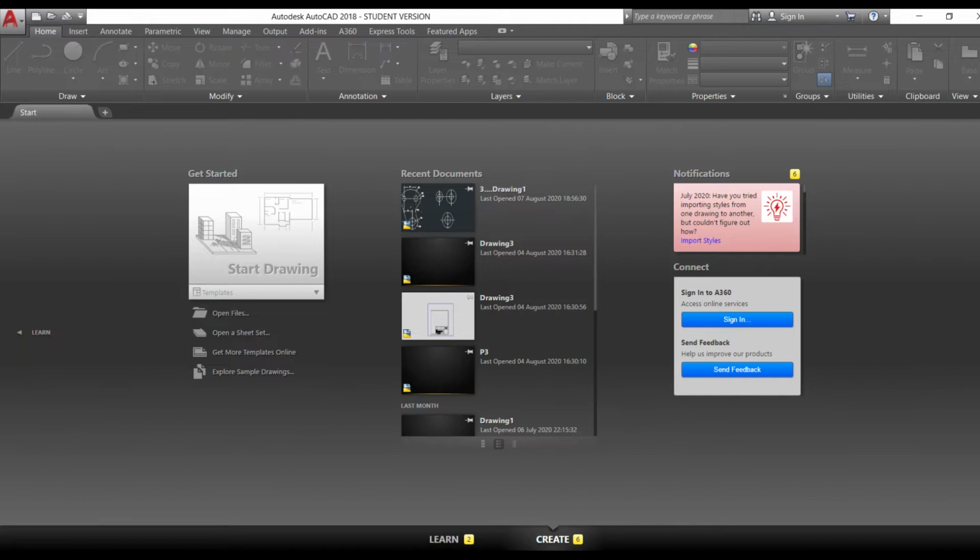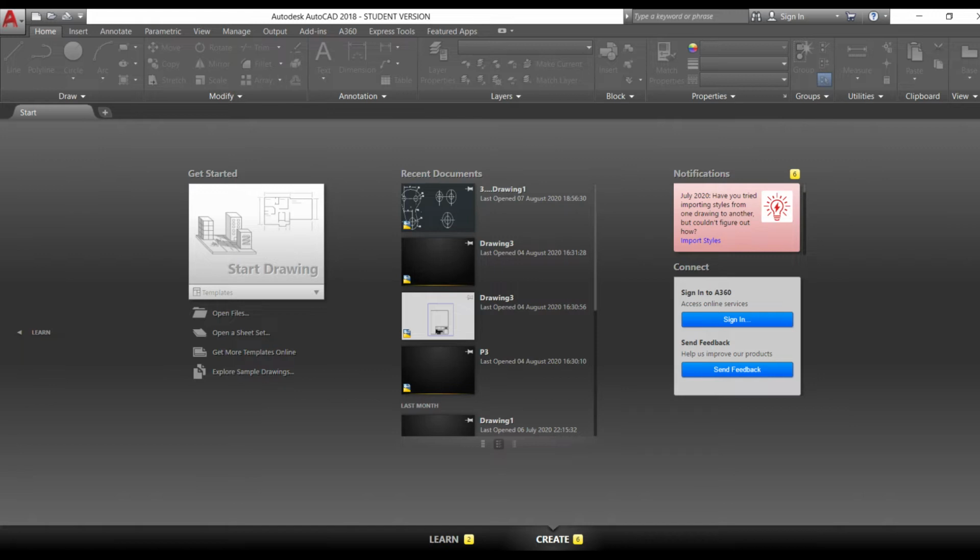Now, when you start AutoCAD the very first time, this is how our interface is going to look. It also depends on the software which you are using and its version. AutoCAD as of now comes in two different variants: the complete version, called Autodesk AutoCAD, and the second one, Autodesk AutoCAD LT. The LT version is the lighter version of AutoCAD, which has a limited set of features. Although all the basic features are similar in both, some advanced features like 3D tools and sheet sets are not available in AutoCAD LT. Apart from that, everything is the same for AutoCAD as well as AutoCAD LT, including the user interface.